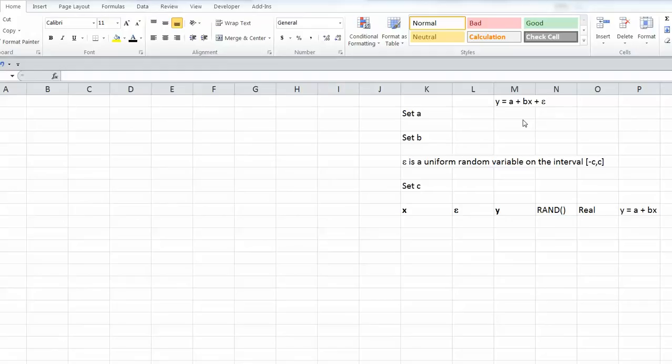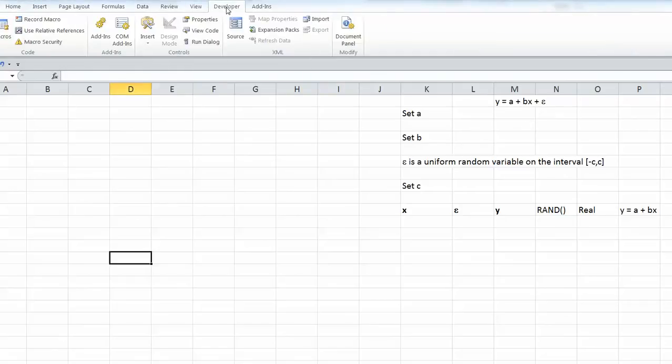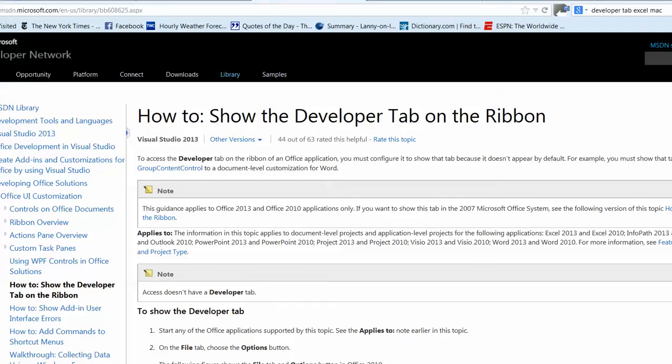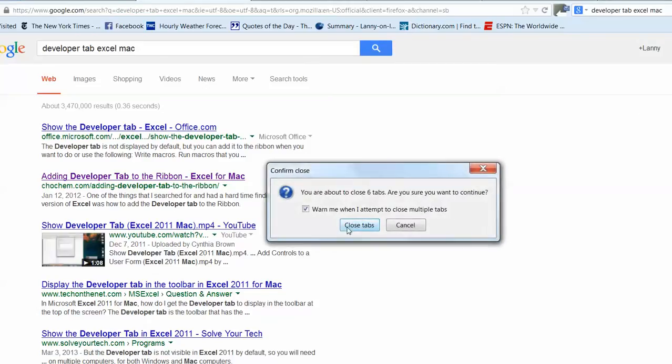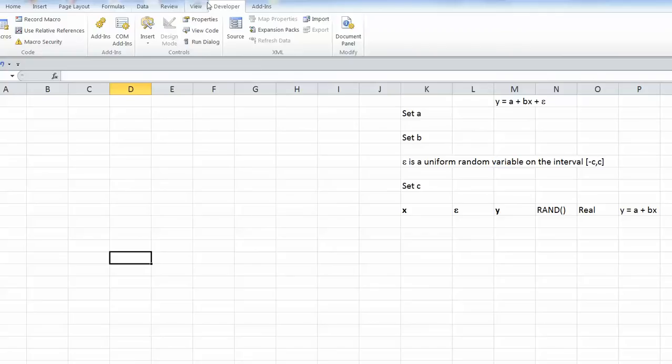The first thing that you need to do, though, is to make sure that you have the Developer tab on your Excel, and it doesn't come built in. So I'm going to switch to a browser for a second and hope you can see this. How to show the Developer tab in the ribbon. You need to add the Developer tab to your ribbon. I also did a Google search on Developer tab Excel Mac. I'm not sure which one of these is the easiest one to use, but you definitely need to get the Developer tab to get this working. So I'm going to close my browser and I'll go back to the Excel